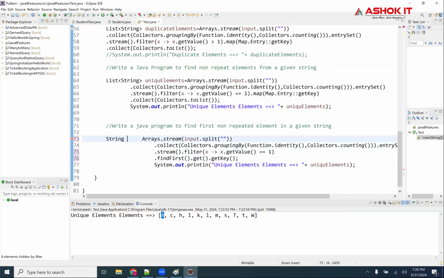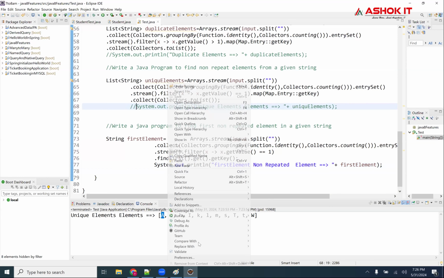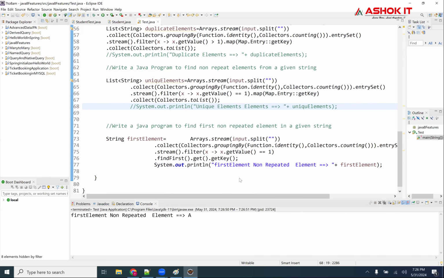Which is returning me a string here. String first non-repeated element is equal. Okay. Let me comment this also, guys. So when I'm writing a Java program, but this is not what I need.